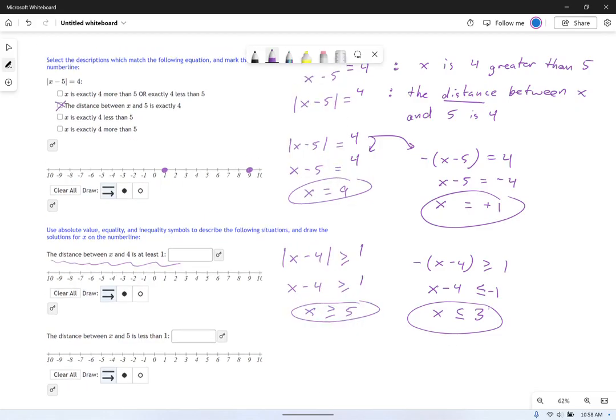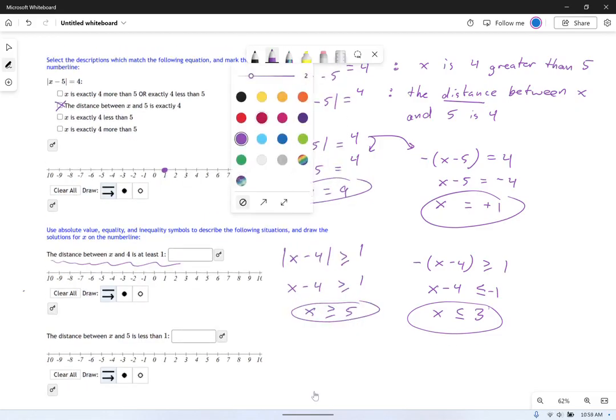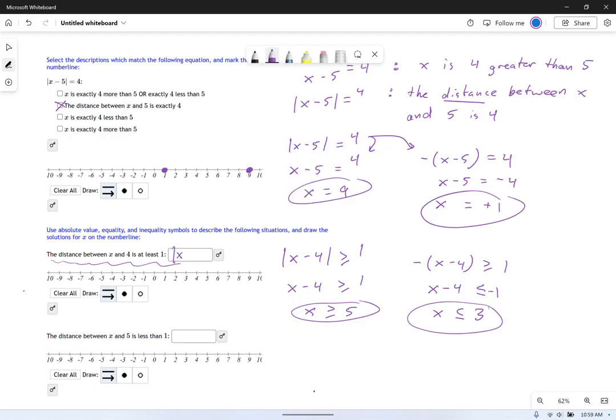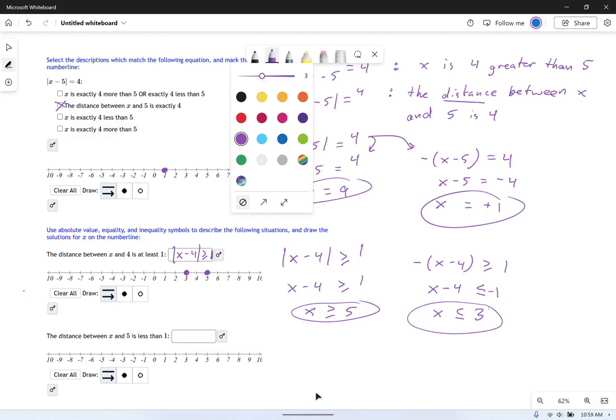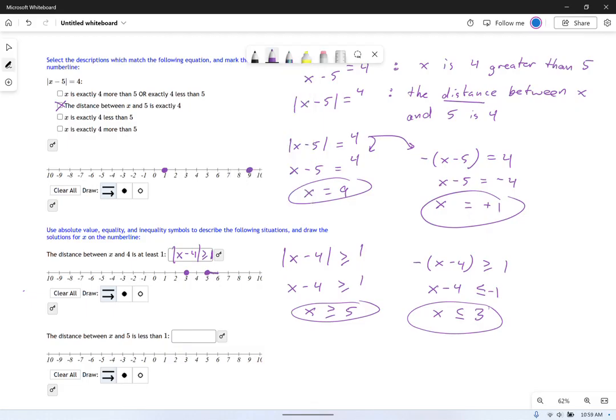So let's go ahead and write this thing down in here. x minus 4 greater than or equal to 1. That's what it wants in this answer box. And then on the graph, the way I'm going to write that is I put dots, first of all, at these special numbers, 5 and 3. And now, because it's greater than or equal to, I'm going to use an arrow. So we got to draw something like this. It goes that way, and it goes this way. Okay, so that's my solution set written in number line form.